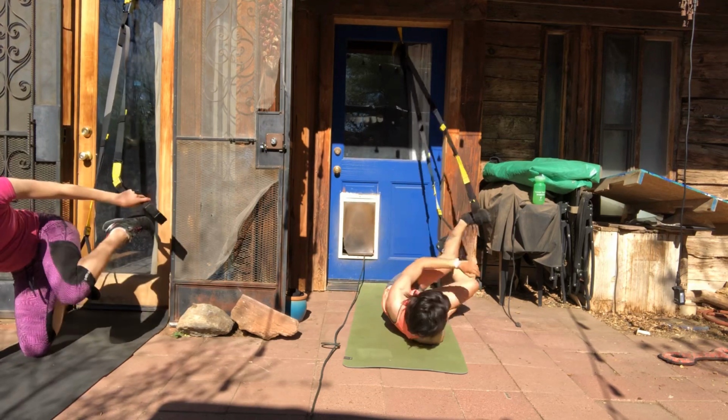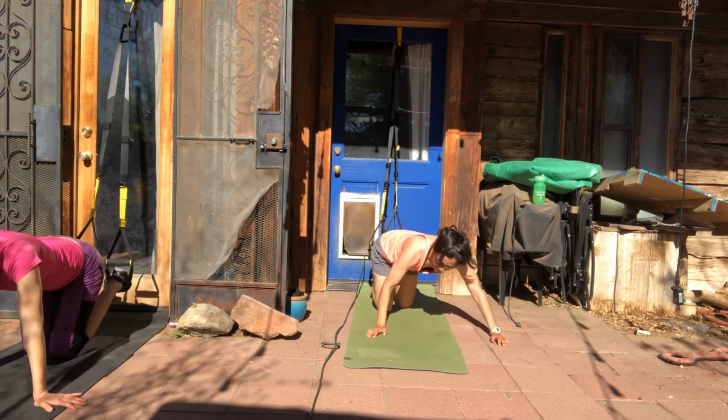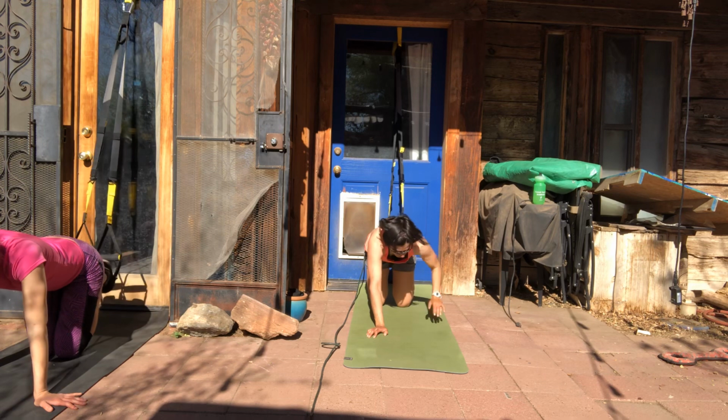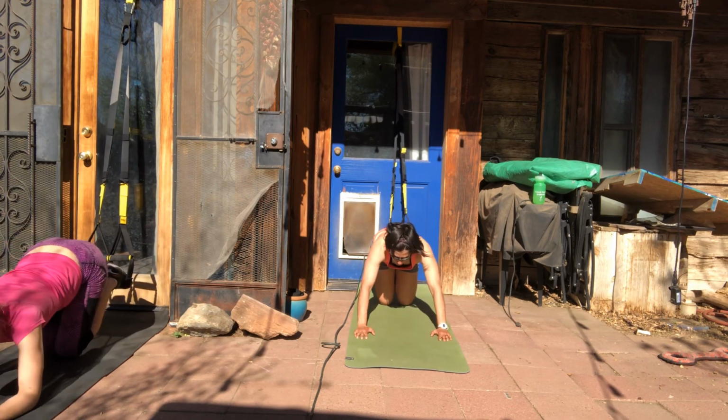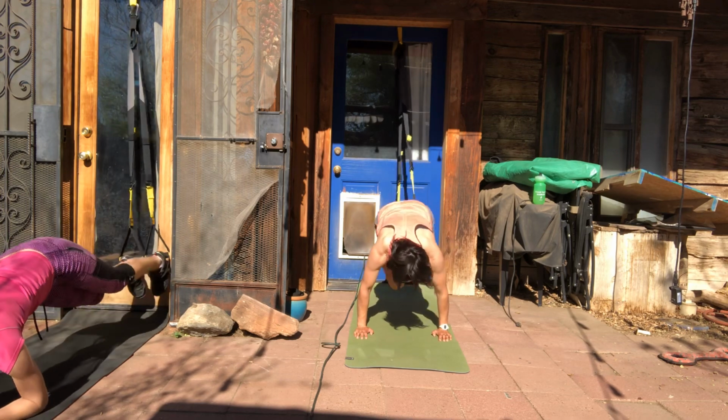10 pot stirs going to my left side. Nail that nice strong plank and 2, 1, up, 10,